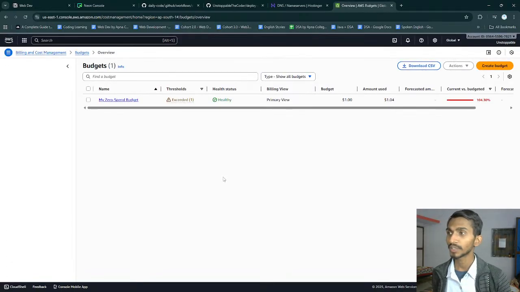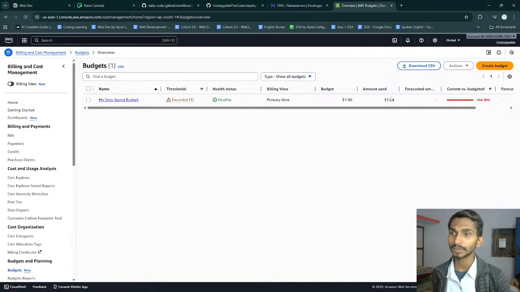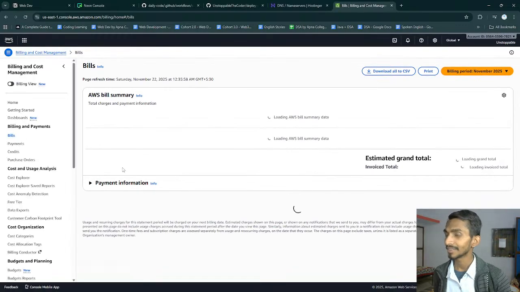A year ago I actually used a credit card, and because of that I was able to create the account on AWS, and right now I'm using it. It's simply saying that it is over budget. That means I have only one way right now, but even after that it will charge some money.